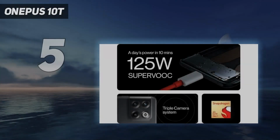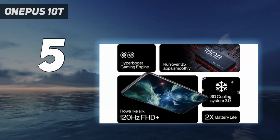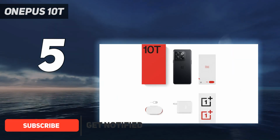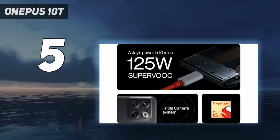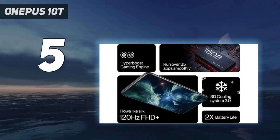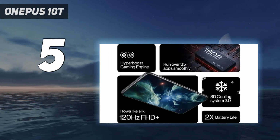OnePlus 10T. If you're after a speedy phone with capable cameras that doesn't demand a premium price tag, then the OnePlus 10T, a worthy mid-range Android phone, could be for you. This phone had an unduly high starting price at launch, but in 2023, it's become a much more affordable proposition. The OnePlus 10T has a good-looking screen, a powerful chipset and fast charging, and on the back, you're getting a